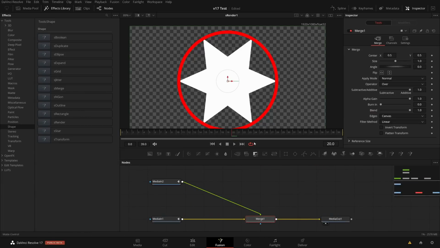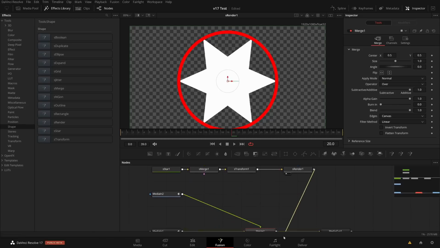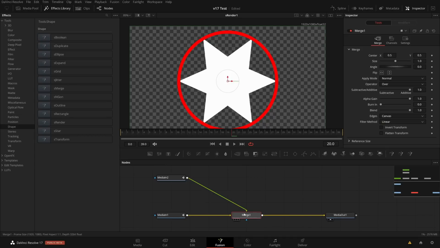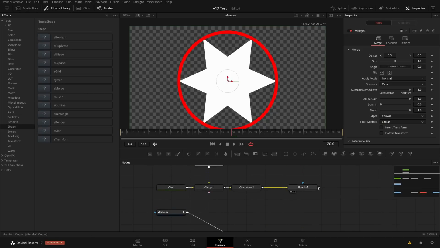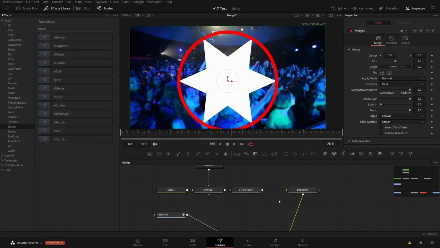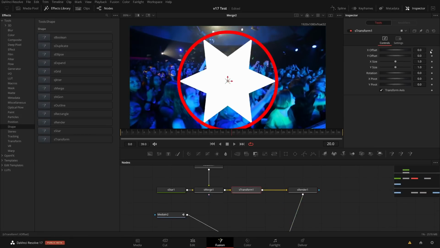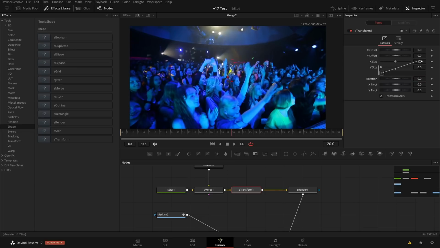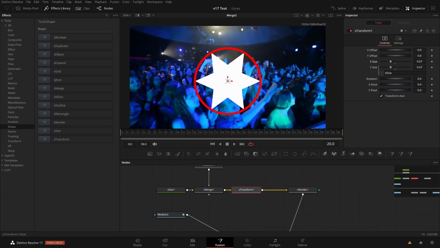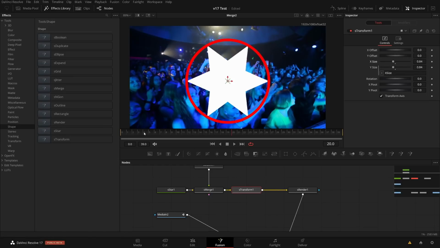Okay, I didn't really build anything that looks like a transition right now, but just so that we are doing something, let's say, I'm building something really stupid here, so please don't use this for anything, it's just for demo purposes. I have now a wonderful star, and I will just animate this transform. X, Y size, let me link them together. There's no button here to link them together. I don't know why they didn't do that, but anyhow, now I have linked them together with a simple expression, and let me animate it.